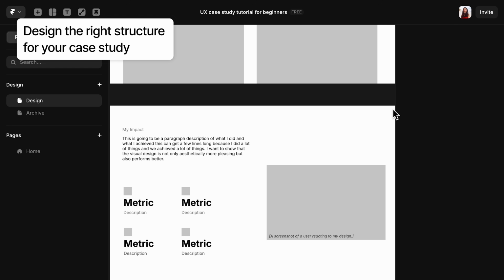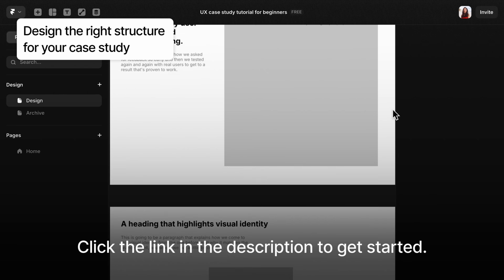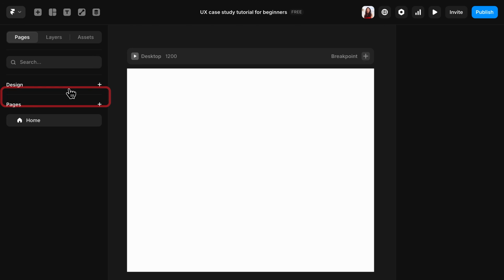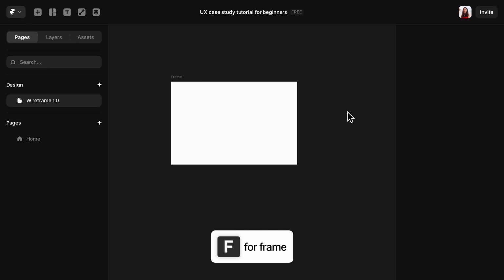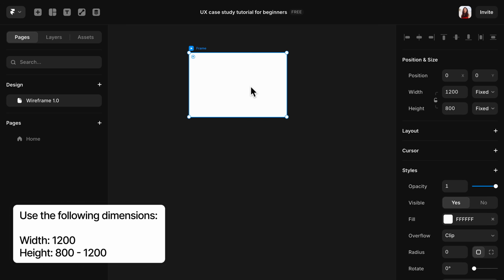You're going to create a wireframe similar to this one that shows how you will tell the story. Your project is different from mine, so use my process, but don't use my content. In Framer, everything under design is for designing, and everything under pages is your live websites. Now let's add a design page. Then, let us create 10 frames. Hit F on your keyboard to create a frame. Then select the frame, copy and paste to add other frames and align them vertically.